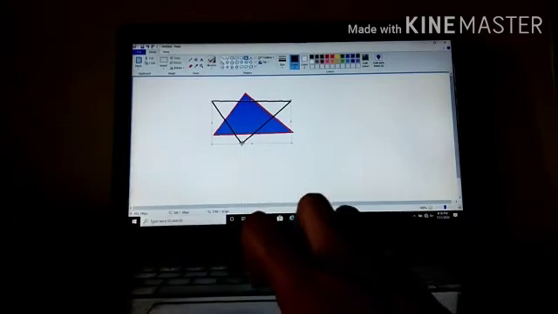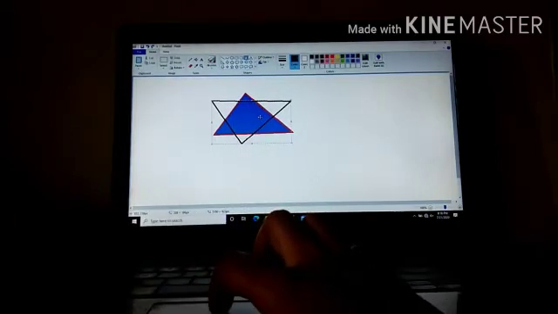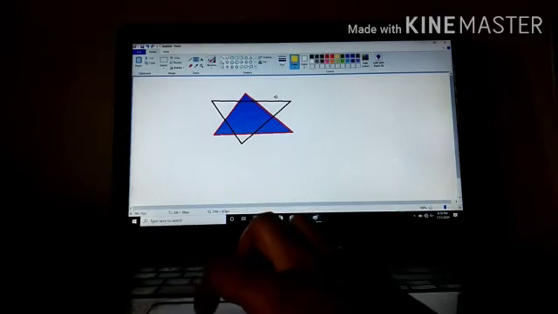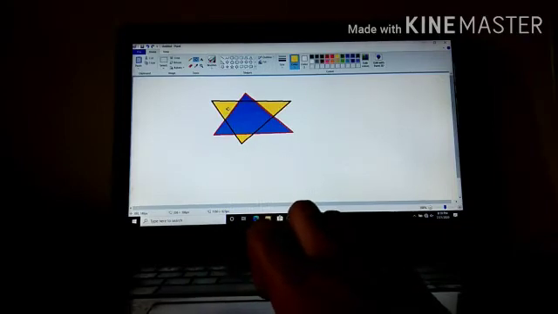It is connected. Now again I want to fill the color. For that, fill with color. Click on that, select the color which you want, add it. Isn't it easy? Nice, right?